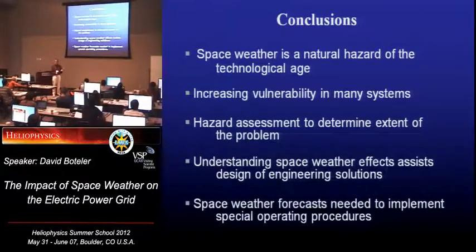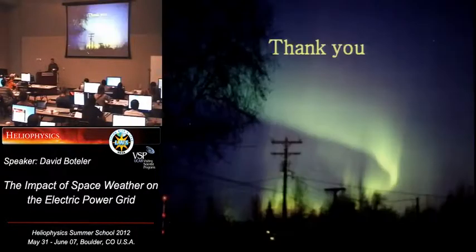Faced with the scenario where if you had a really big magnetic storm, it's been suggested you might have hundreds of transformers burnt out, and it could take years to get all those built and reinstalled. Instead of having a power system or parts of a power system down for months or years afterwards, it might be better to actually switch off the power for a day if there was a big enough magnetic storm. Now, no one's quite ready to do that at the moment, but the fact they're even willing to consider it is a big step forward. Because what's really going to be needed is an accurate enough forecast. If someone does that and it's a false alarm, then there's going to be hell to pay. So they're not quite ready for that. So anyway, okay, thank you.